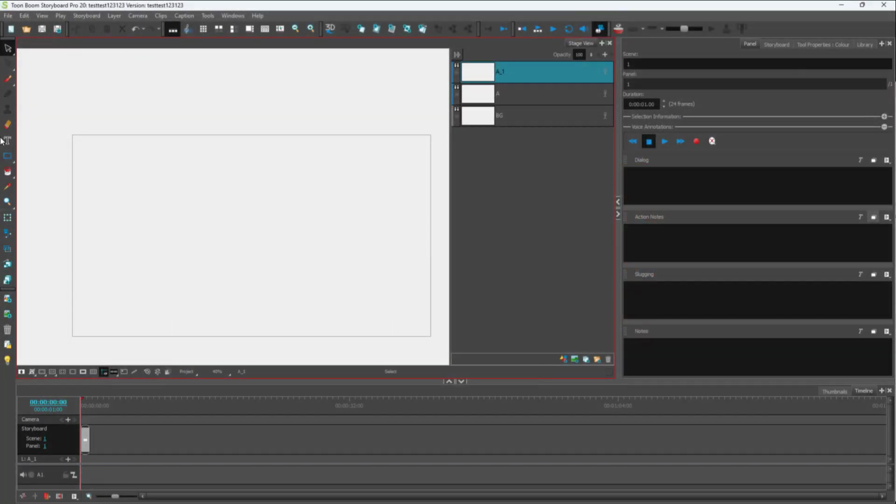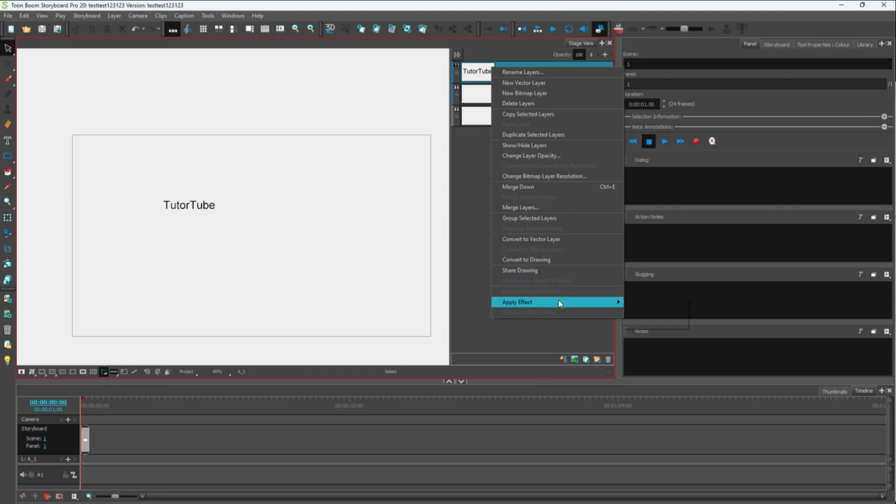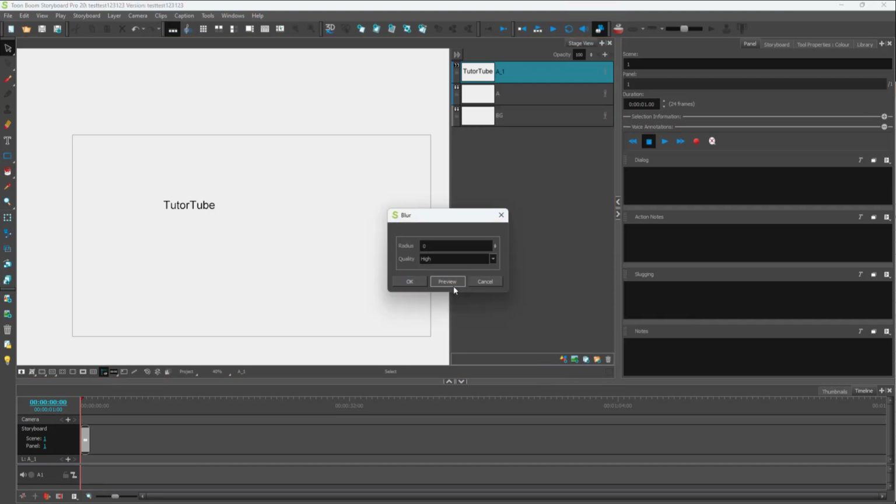So I'm going to go around onto the left side, take the text tool, click here and type in tube. So if I want to blur this layer out, then I cannot do it directly. If I were to right click over here, go to apply effect and blur and hit the preview button,